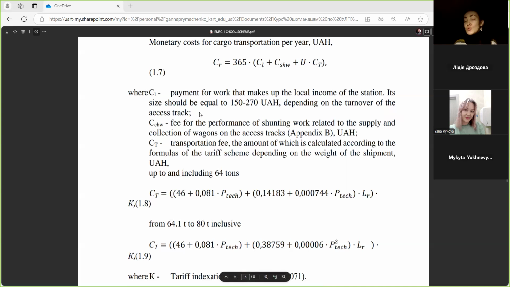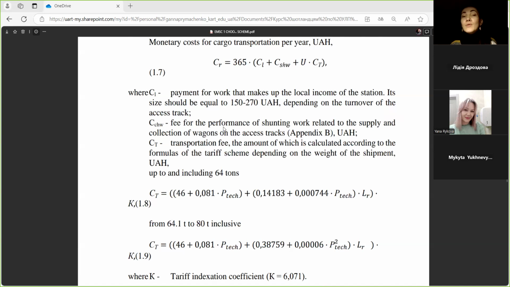I propose you choose the biggest value of these parameters, because this methodic was published in a previous year, so I think it is bigger today, but we use 270 hryvnias for now for calculation. Okay, and plus the next position, it is C with index